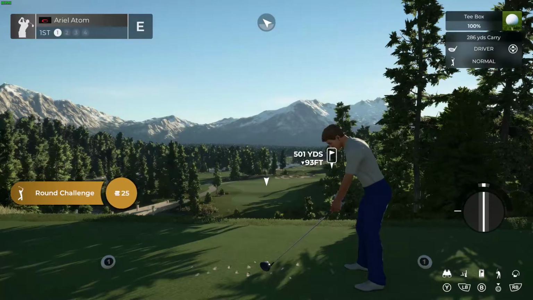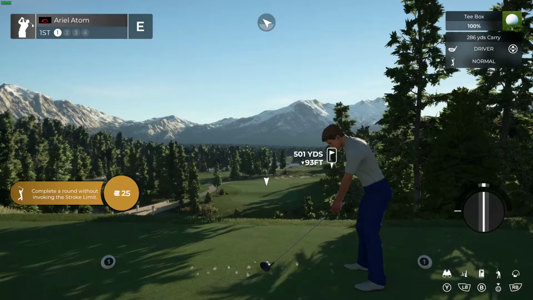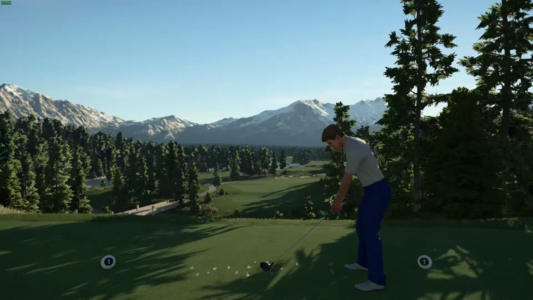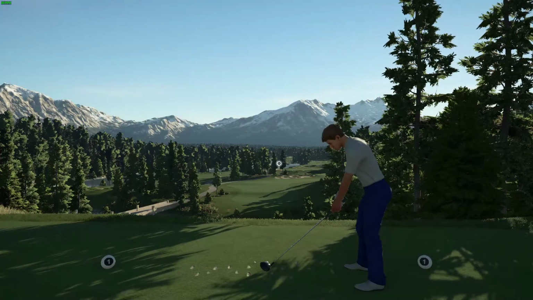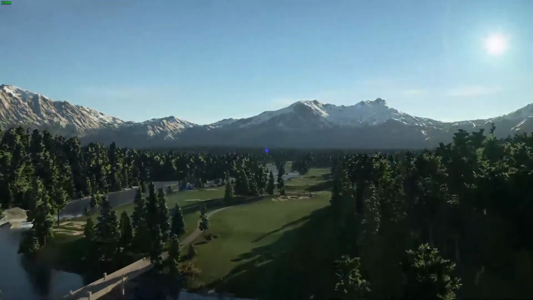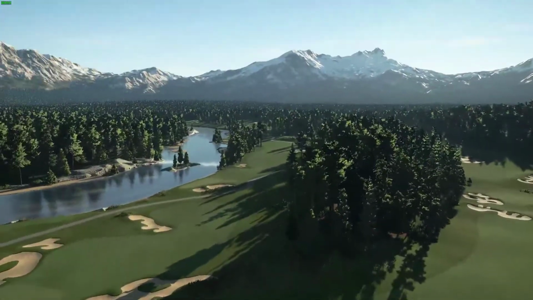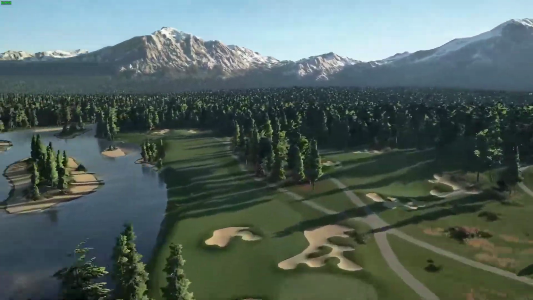So right off the bat, back up where we left off, big view off the tee. That's not what we're here for. What we're here for is, and you can see it a little bit visually here as well, this river in the background. It's adding a little bit to this visual, not a ton though. But the main thing I came here for would be the closing 5 holes. And if you're wondering why these,